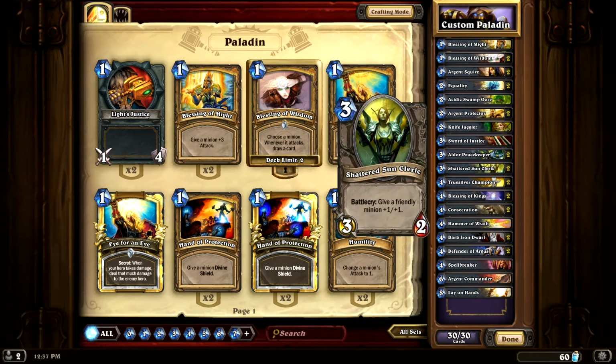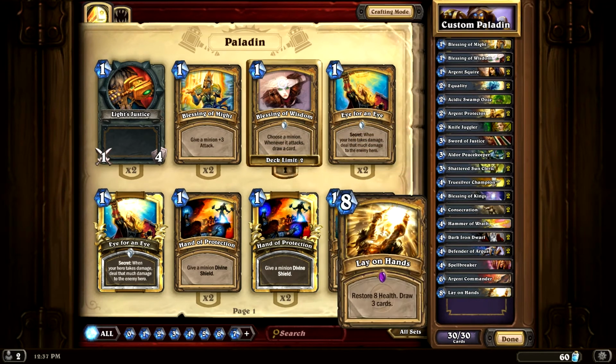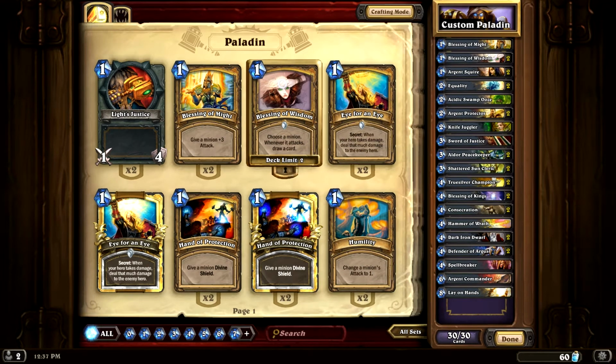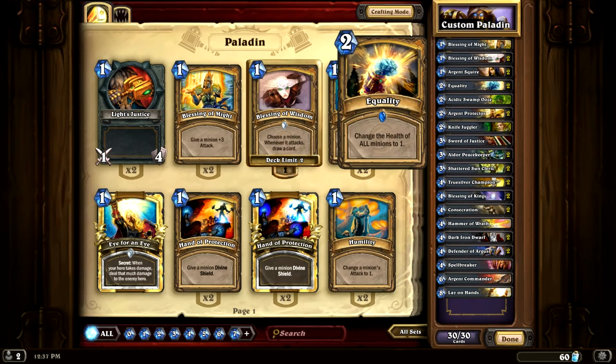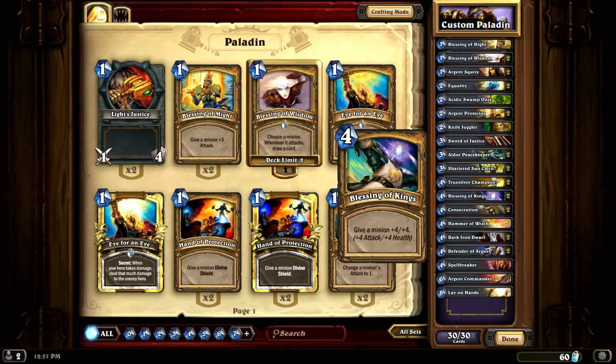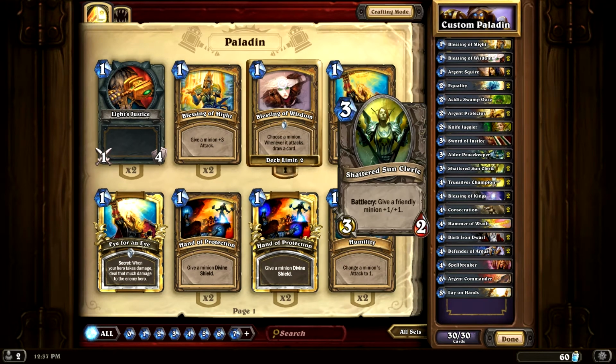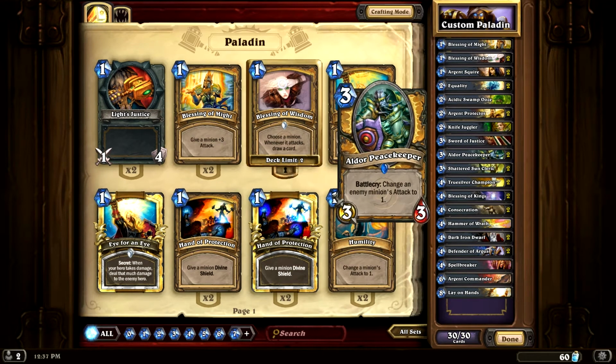pretty even as far as mana costs go. They don't really get that expensive, to be honest. The highest is like, I have one that's 8 mana, one that's 6, and then the rest are 4 and below. So it's a pretty low cost deck, but it's very efficient and very strong. A lot of buffs, a lot of shields, a lot of divine shields, like Aldor Peacekeeper,